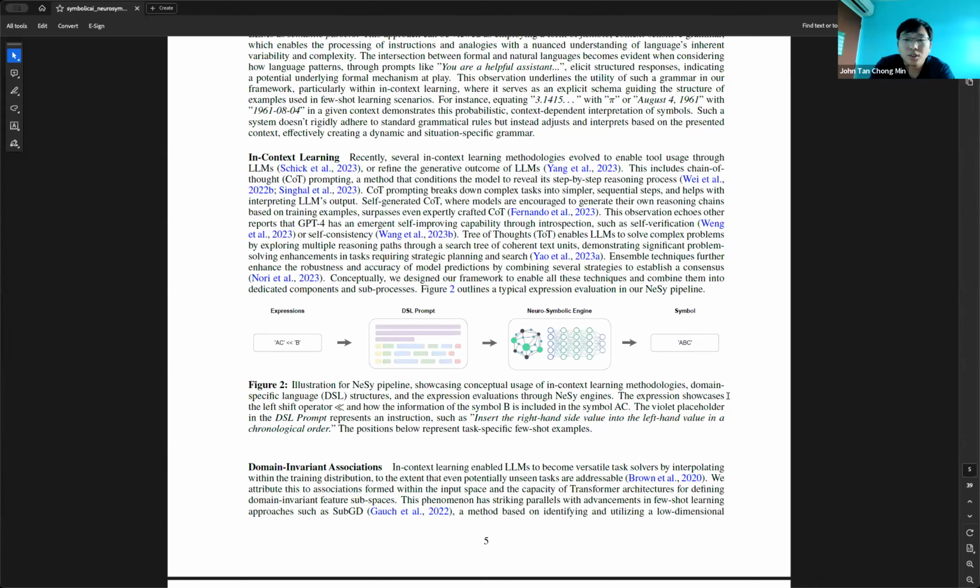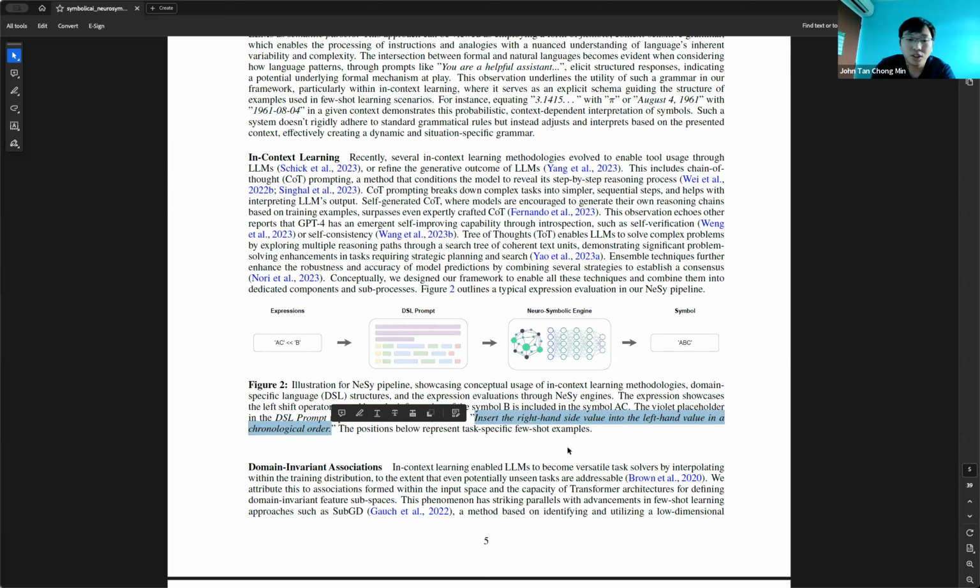I'd like to rephrase some of the things you said, so you can correct me if I say it wrongly. Please. In this case, it looks like the expression is an instruction: you want to left shift and put in the symbol B. It could also be a worded instruction, like put B in the middle of A and C. That can be an expression, right? An expression is basically an instruction that you want the program to execute. Exactly. We don't know yet how, but it's just an instruction. Different programs can interpret the instruction differently.